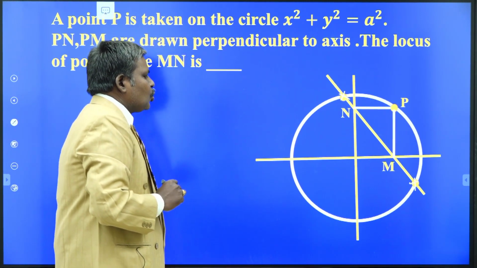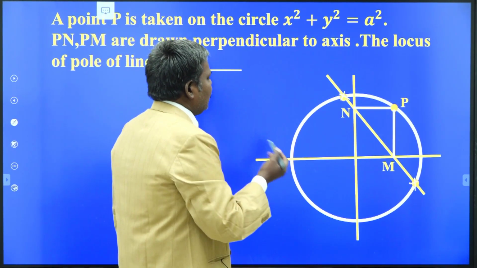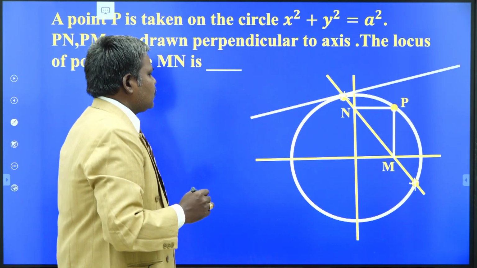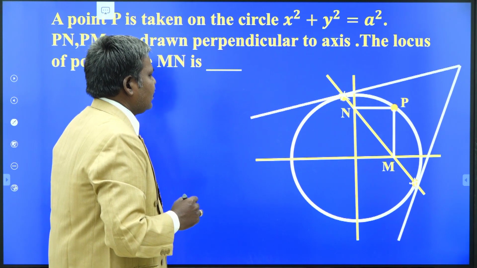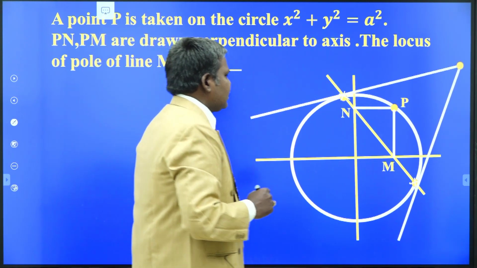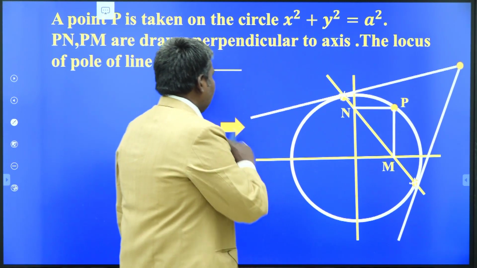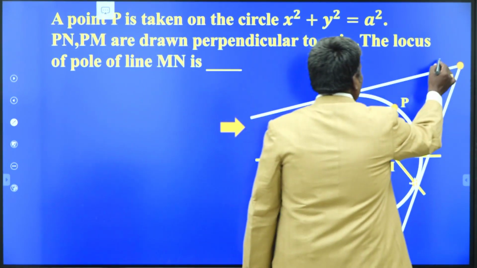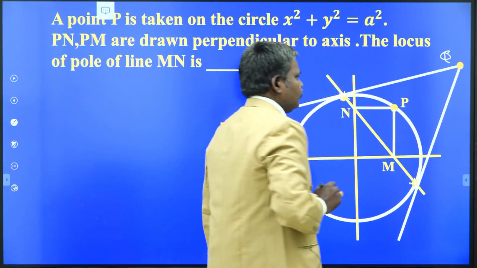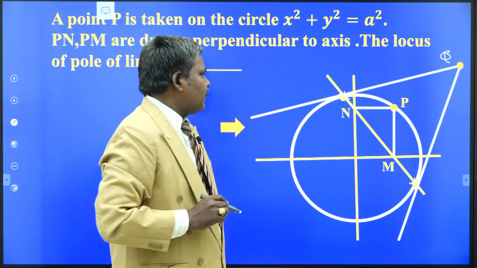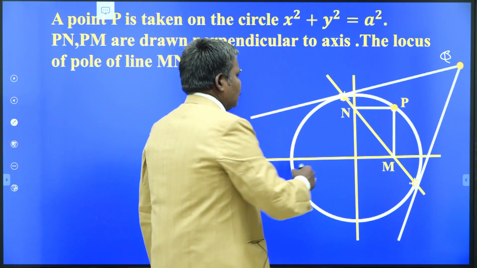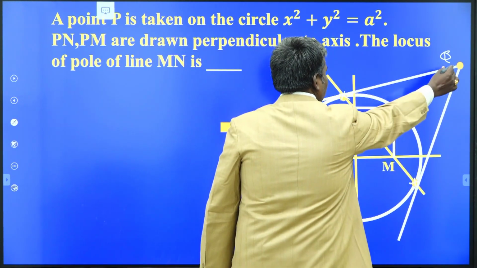So these are the 2 points of intersection formed by the line with the circle. Draw the tangents at those points. This is one tangent, this is the other tangent. These 2 tangents intersect at that point. This is the diagram related to this question. So we have to find the locus of point Q. This is the point of intersection of tangents drawn at the extremities of the chord. This becomes what? The chord of contact to that point.